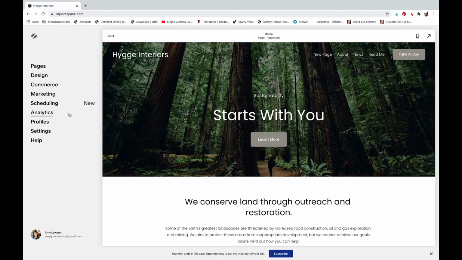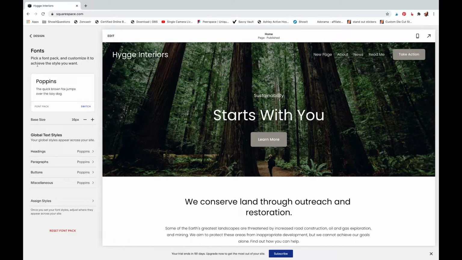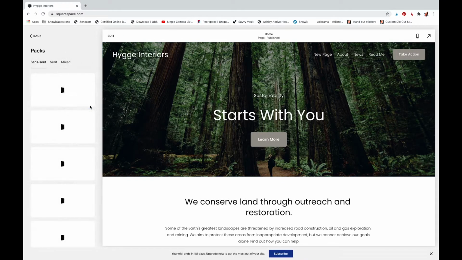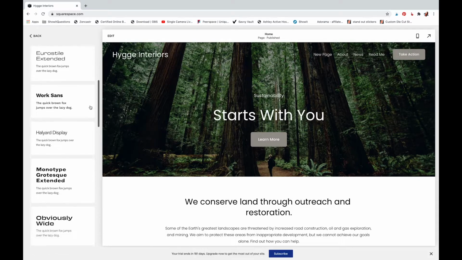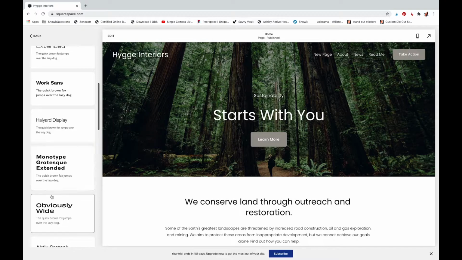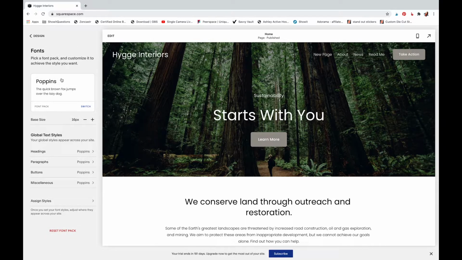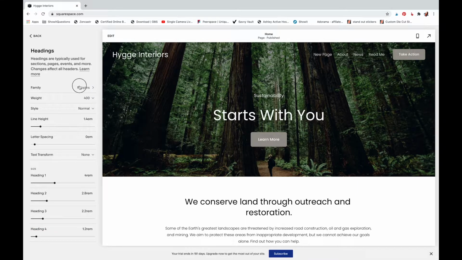All right, so here's the interface. There's 2 tabs you need to worry about right now, Pages and Design. We're going to go to Design, Fonts. Again, these are fonts across the whole project. And I'm going to change this. I'm not going to use one of these. They have packs of fonts you can use. I'm being more picky. I'm going with one font for the whole project in various forms just to keep things simple. For the headings, we want